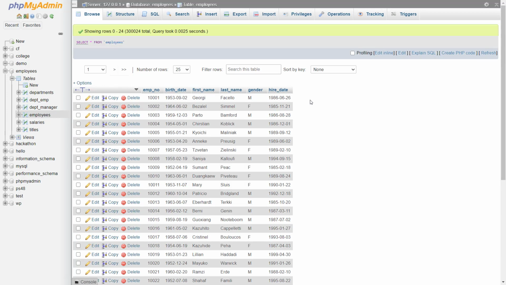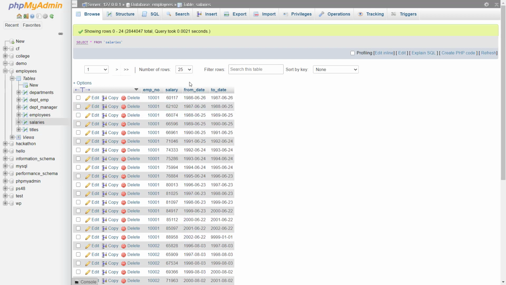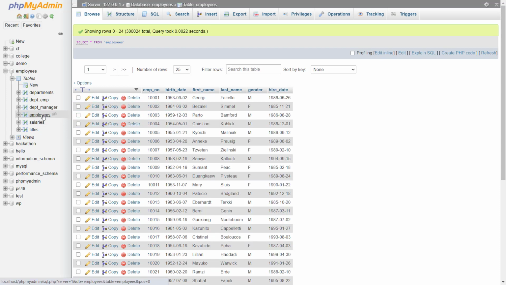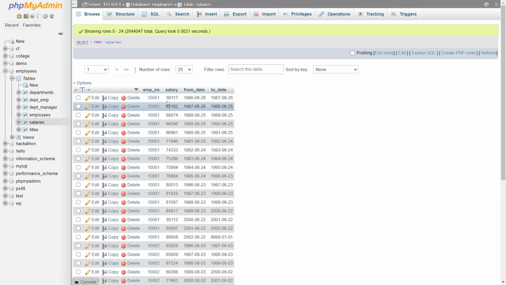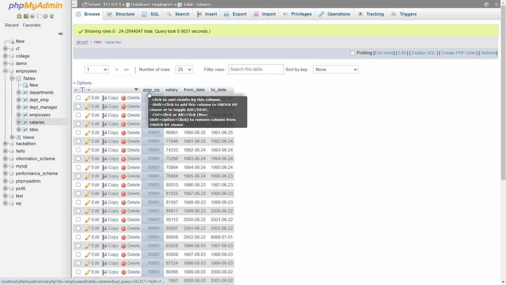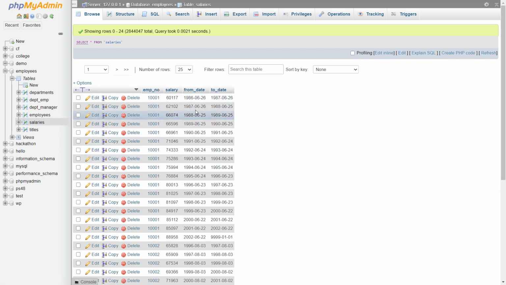Now what I want is to find out the salary of all of the employees in front of their names. In the employees table you can see I have the employee number and the first name and last name columns, but I do not have any salary column in this table. When coming to the salaries table, I have a common column, employee number, and I have a salary. Using this employee number I can find out which employee has which salary, but here I do not have the first and last names. In the employees table the first employee ID is 10001, and in the salaries table for that employee number I have different salaries for different periods of time.